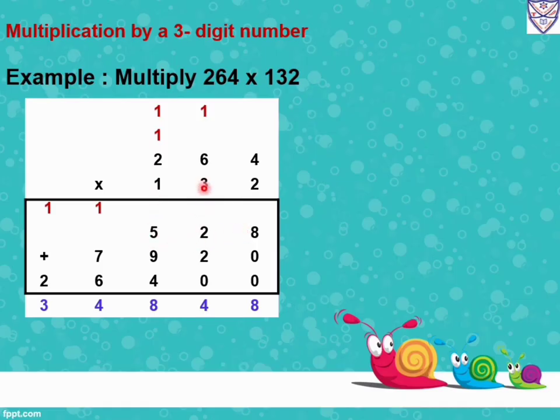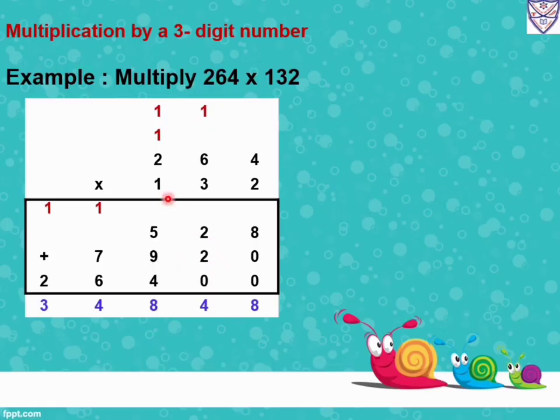Now we will multiply by the tens place digit 3, by all these numbers. Before multiplying we have to write 0 in the first place. Now we will start multiplying by 3. 3 4s are 12. So 2 we will write down and 1 we will carry over to the next place. Now 3 6s are 18. 18 plus 1 we will get 19. So 9 we will write down and 1 we will carry over. Now 3 2s are 6. 6 plus the carried over 1, 7. Okay, now this is our second step.